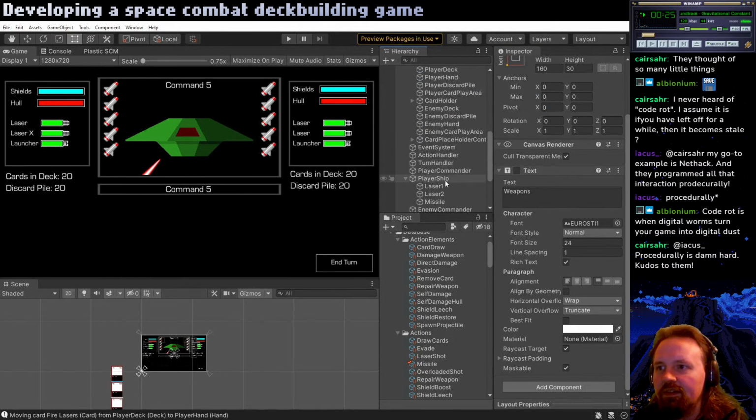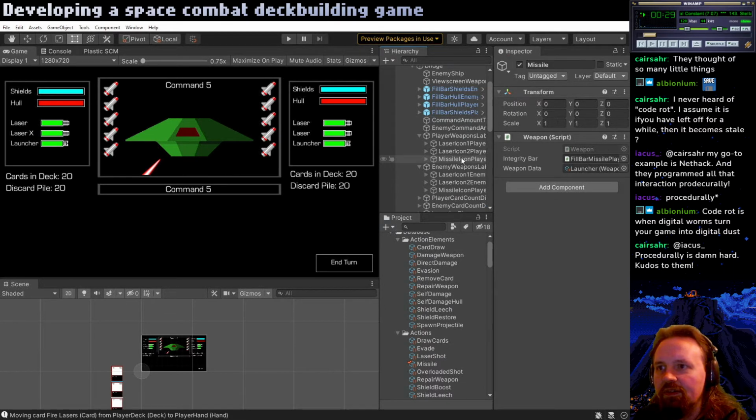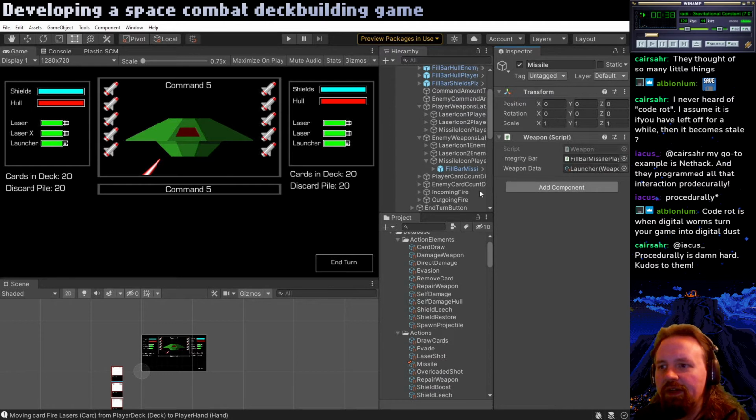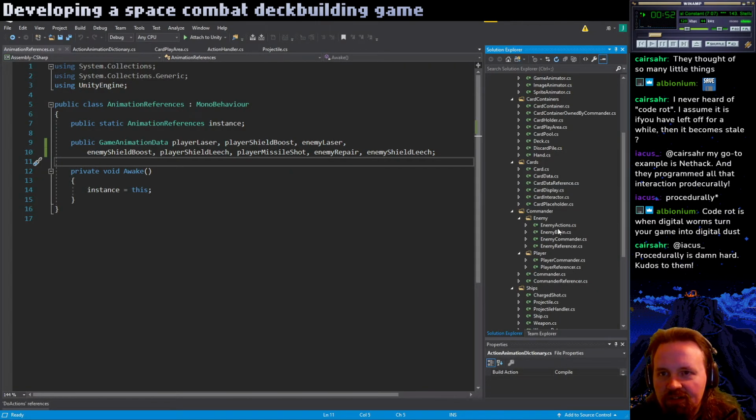And now we just need to set the reference. There it is. There we go. Let's rename this because it says player. See, now I'm showing you how easy it is to add a new weapon to the enemy. And because of the way the code works...